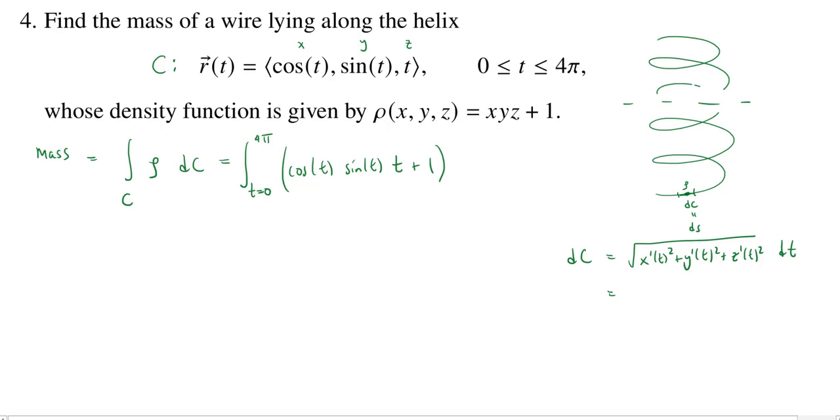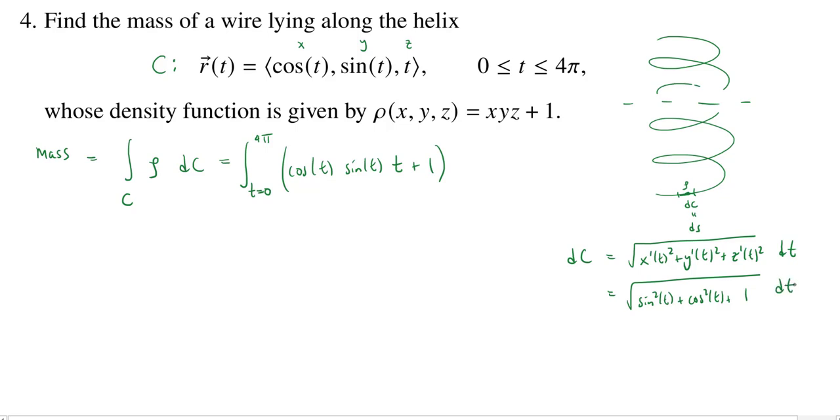dc is explicitly talking about the curve. That's why I like using the c. The derivative of cosine is negative sine, and so when you square it, you end up with sine squared. Y prime, well, the derivative of sine is cosine, so we get cosine squared. And then the derivative of t is 1, so we'll just get plus 1 squared, which is 1, and then